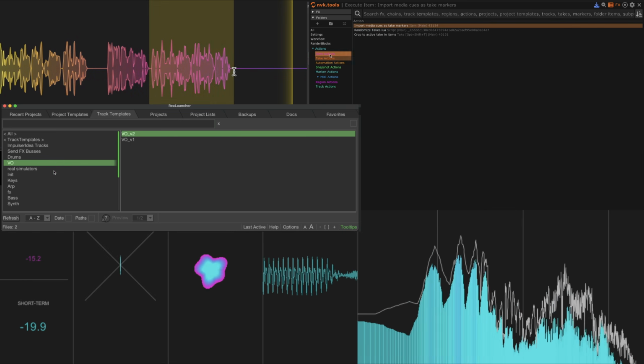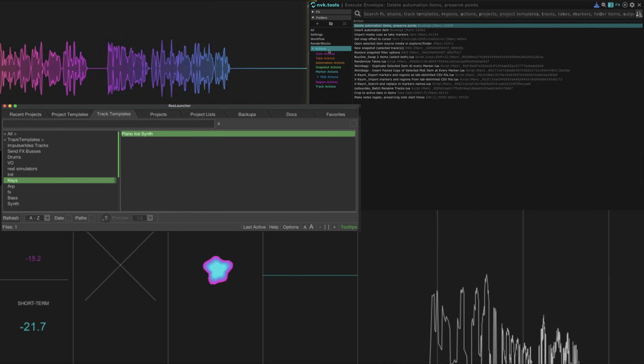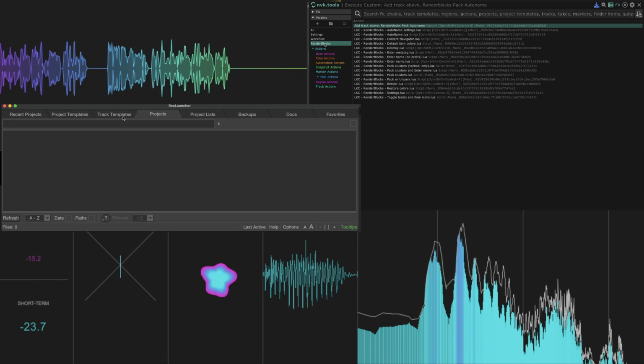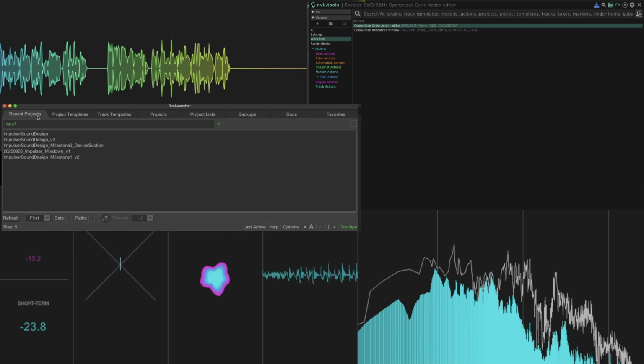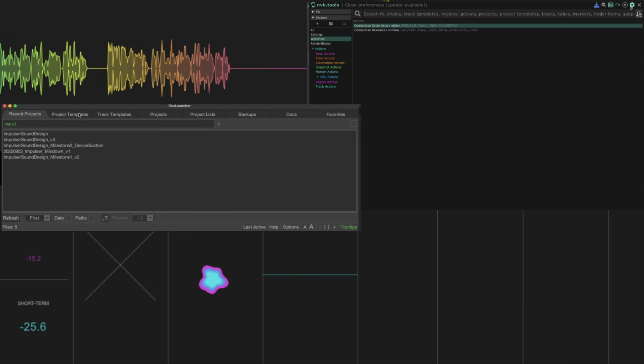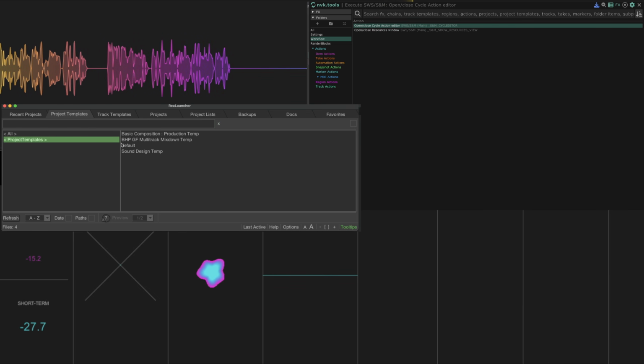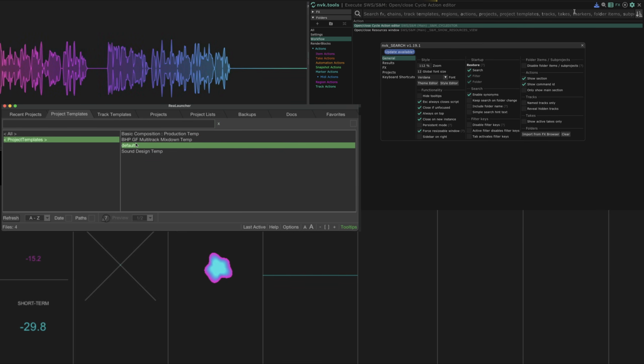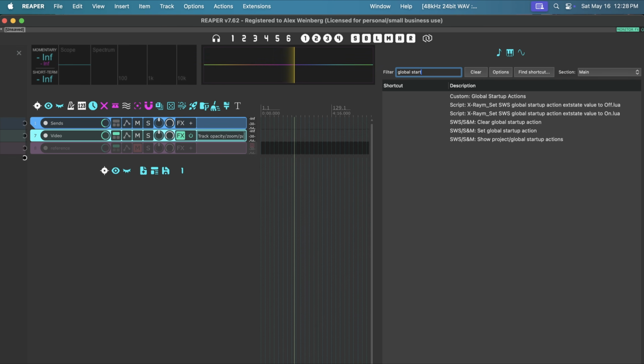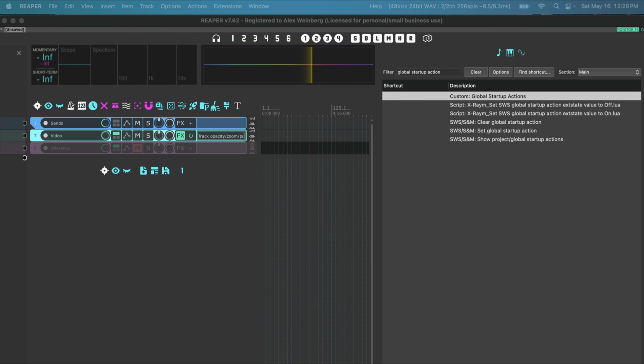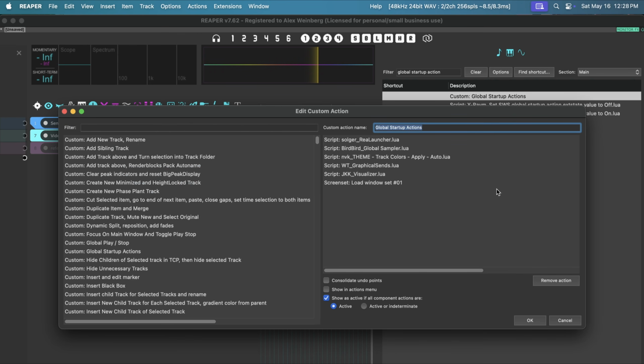that remains persistently running. To make sure the RIA scripts are launched every time I start up Reaper, I'm using SWS startup actions. I'm going to assume you already have SWS installed and know how to use it. If not, there are already plenty of great YouTube videos out there on that. So I've set up a custom action that includes everything I want to happen when Reaper first opens, including running